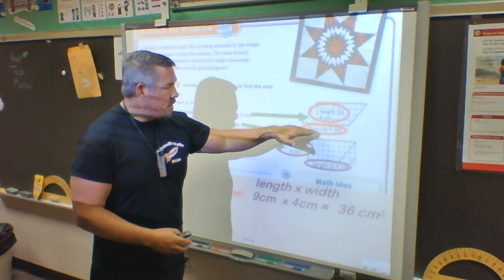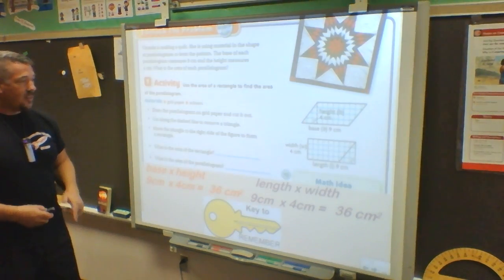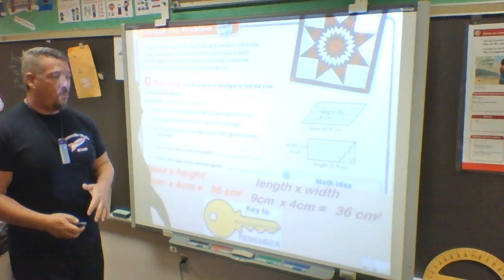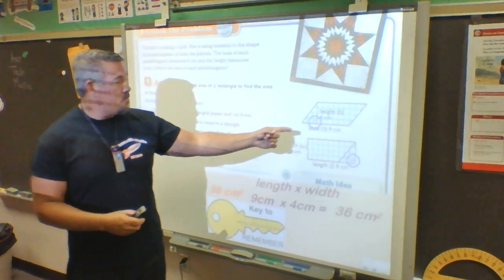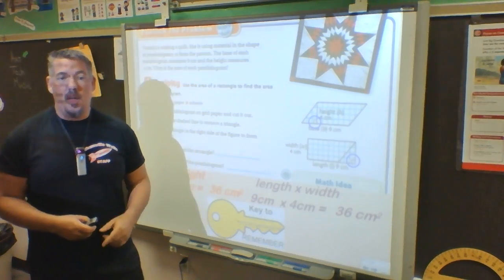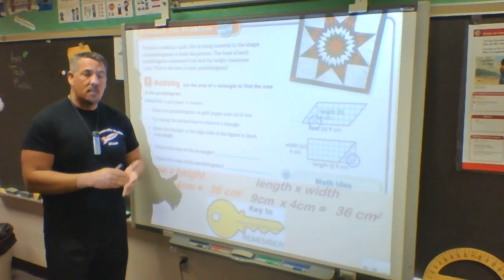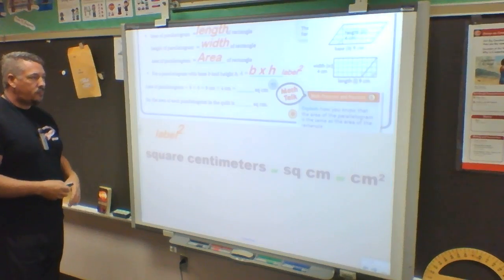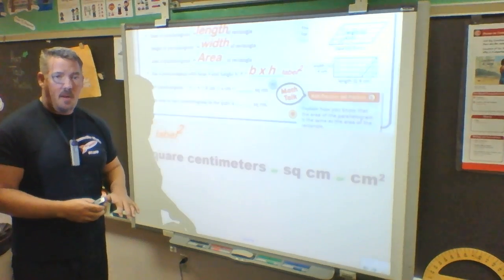So I'm still going to take my base of 9, I'm still going to take my height of 4, and I'm still going to get 36 centimeters squared. The key to remember on all of these, and I believe I've showed you on each of the problems, is that you have to use where the right angle is. Sometimes the right angle is going to be on the inside, sometimes on the outside, sometimes they'll indicate it because it's a square or a rectangle. But you have to use where the right angle is and those 2 line measurements that make up your right angle. So when we talk about the base of a parallelogram, we're also talking about the